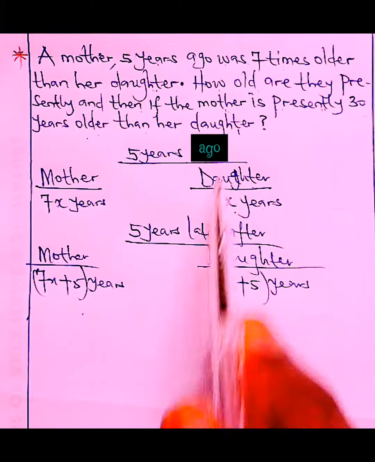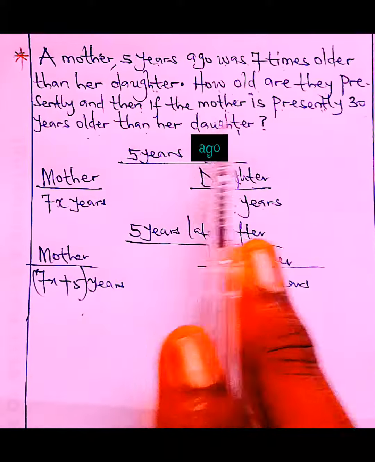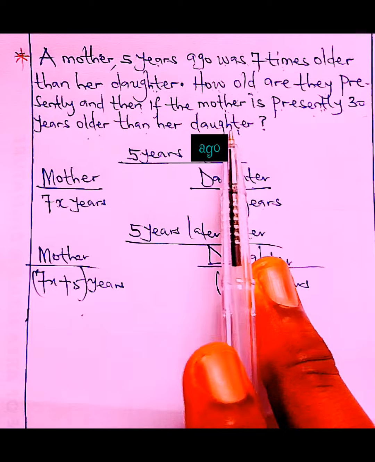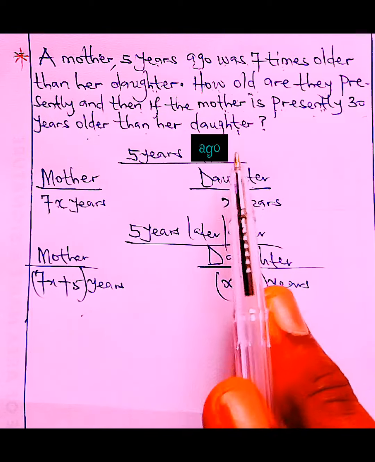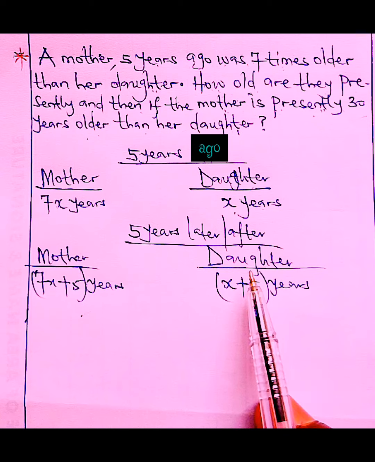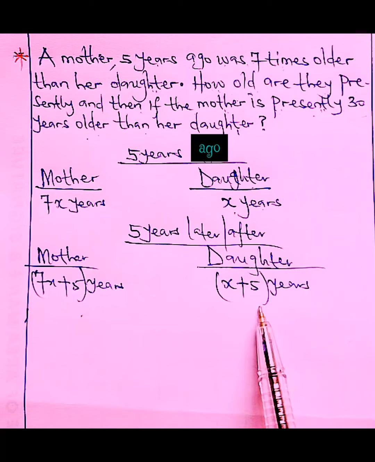Now look at the question. How old are they presently, and the mother is presently 30 years older than her daughter? So presently means 5 years after. She's 30 years older, that means for you to get the mother's age, you have to add 30 years to the daughter's age. If somebody is 30 years older than you, it means if you are 10 years old, the person will be 10